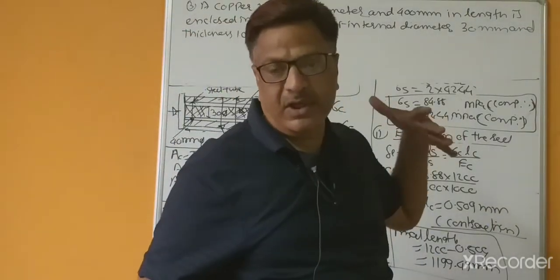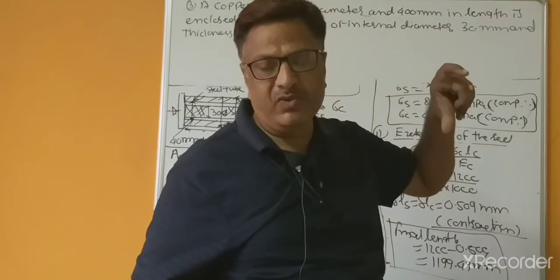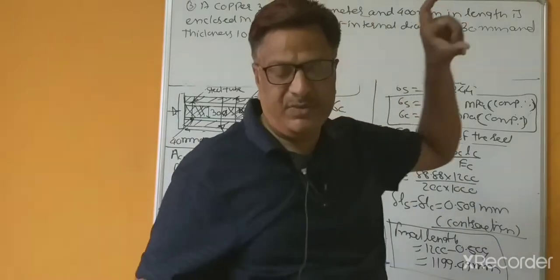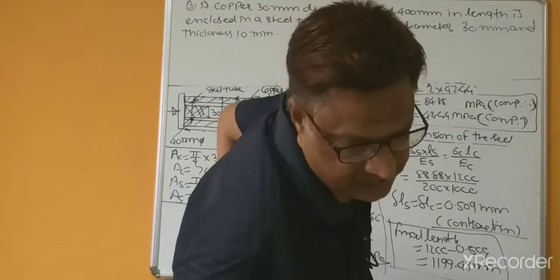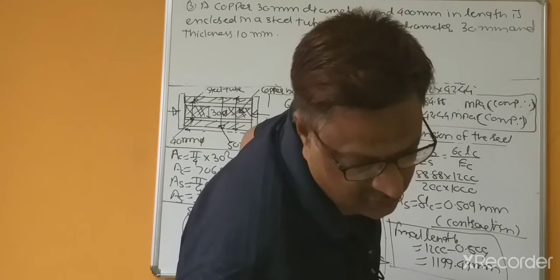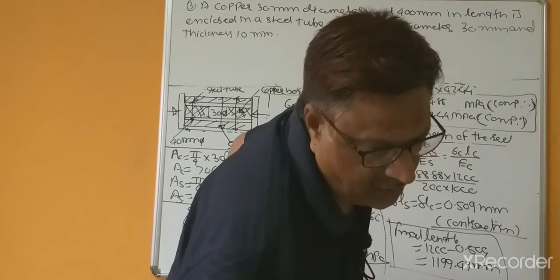So try to understand: thickness 10 mm means this is the wall thickness. So the external diameter of the steel tube is 50 mm,